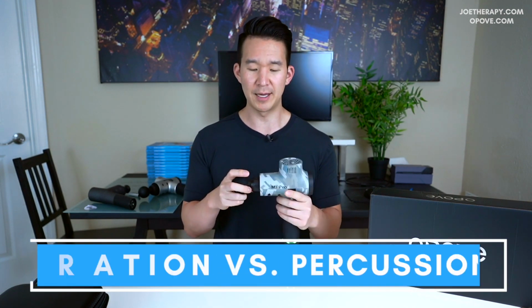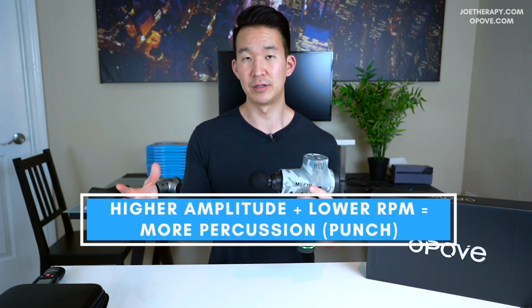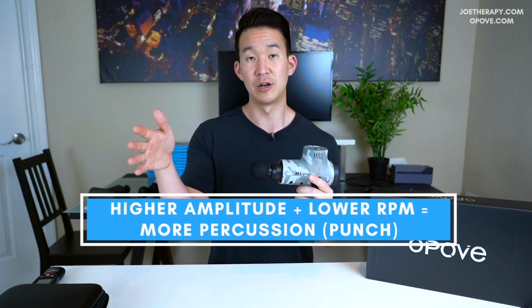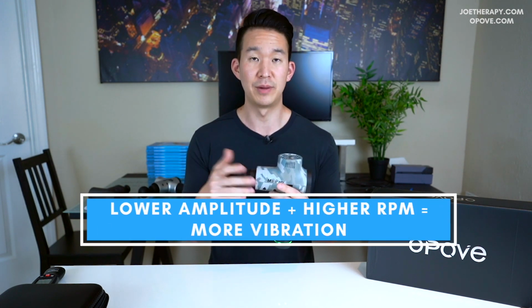So the M3 Pro, the company, they claim it as a percussion massage device, and from the previous massage guns that I've reviewed, I would probably put this in between more of a vibrational and percussion, maybe a little bit closer to the vibrational side. And the reason why is the way I categorize things are percussive. I would say it's a higher amplitude, so how deep it goes, and then slower RPMs, lower RPMs, which increases the time in between contacts, where vibrational is, I would say, a little bit less of a amplitude, but higher